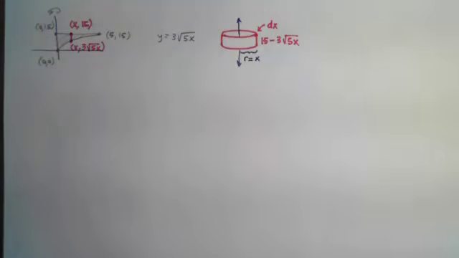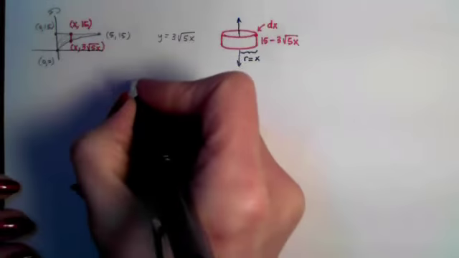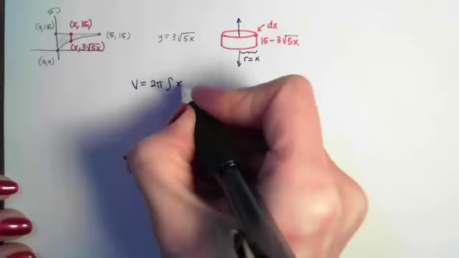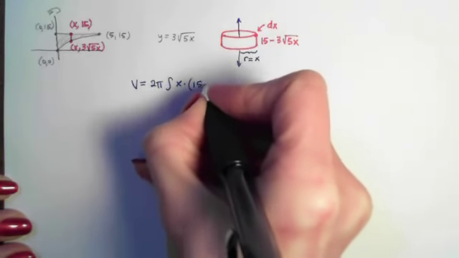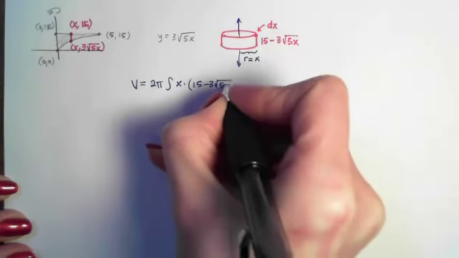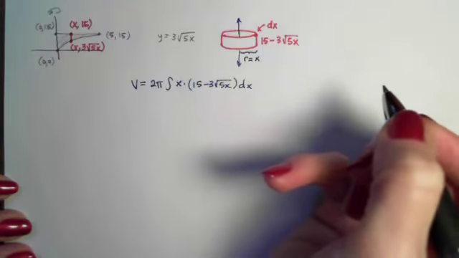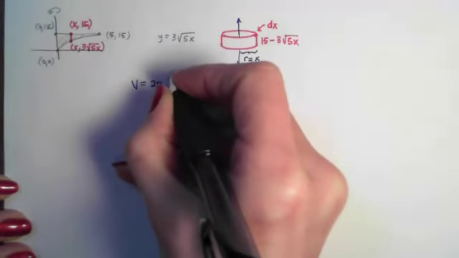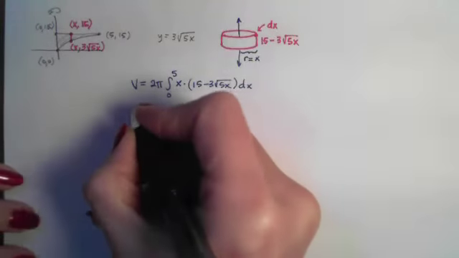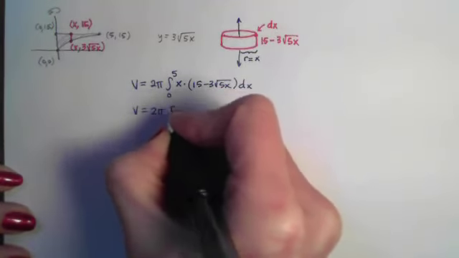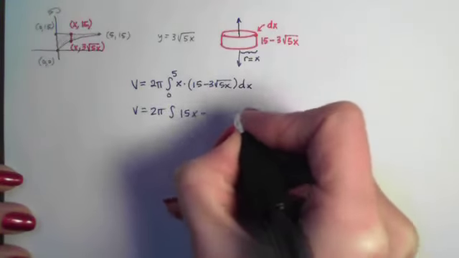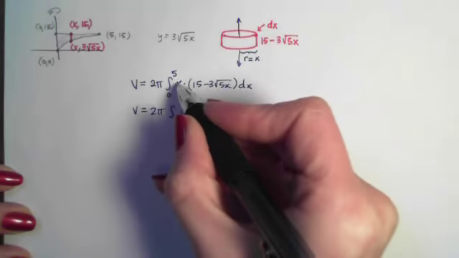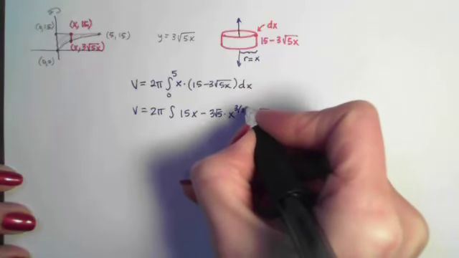So if I fill this out now on my integral, set it up, I'll have volume equals 2 pi times the radius, which is x, times the height, which is 15 minus 3 root 5x, with respect to x, and I'm going to accumulate from 0 to 5. So if I multiply this out, I'll have volume equals 2 pi integral of 15x minus 3 root 5 times, this is an x to the 1/2 times another x gives me an x to the 3/2,